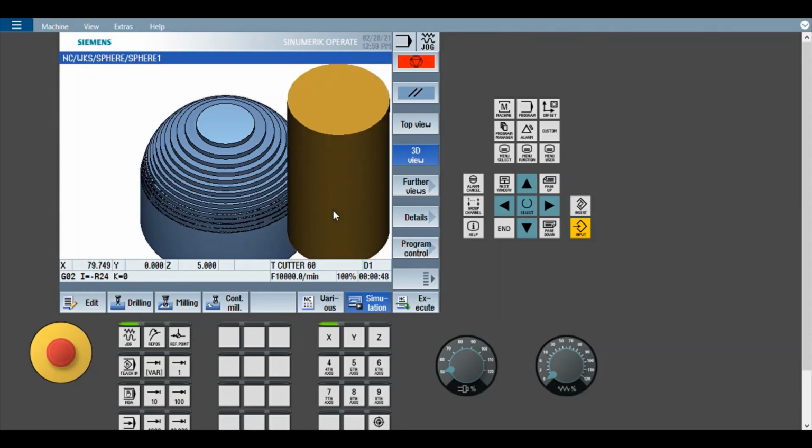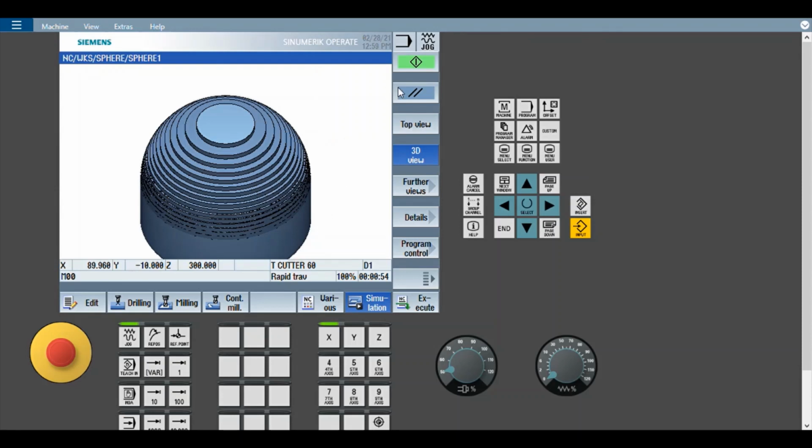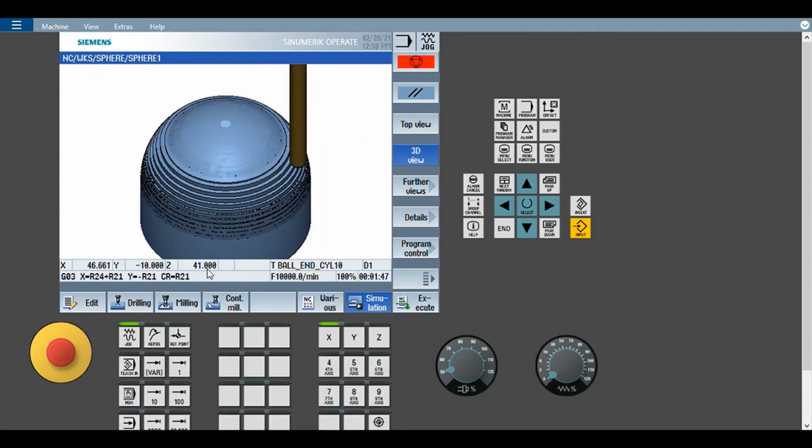Then the ball cutter will come and start doing the finishing. First 5 mm with reduced depth of cut. So here you can see the increment is 0.1, 0.1, 0.2, 0.2, sorry. Then in the next phase, the depth of cut you can see here, 1 mm, 1 mm it goes.